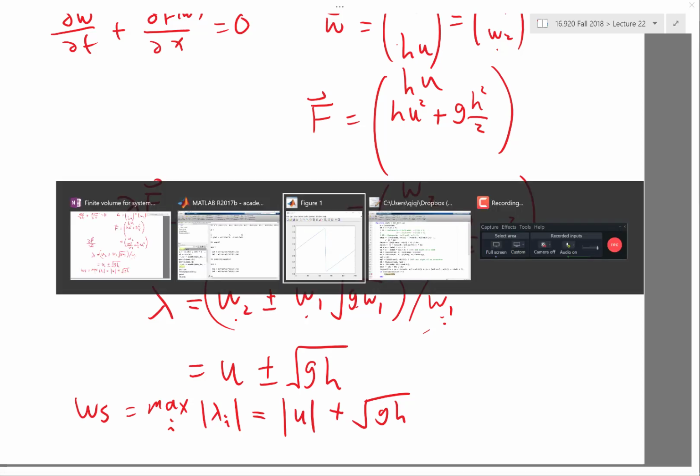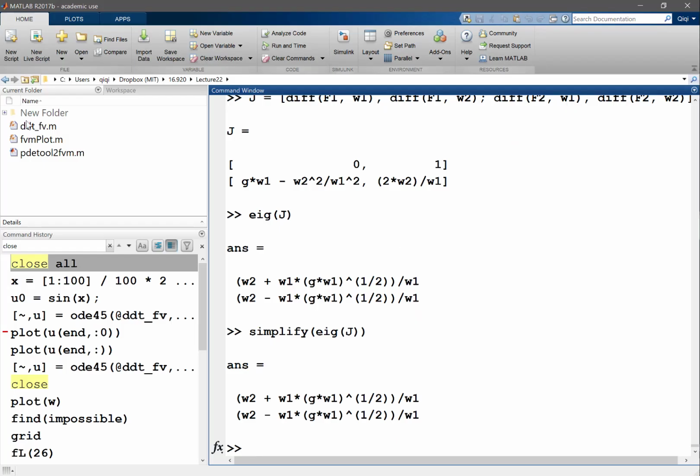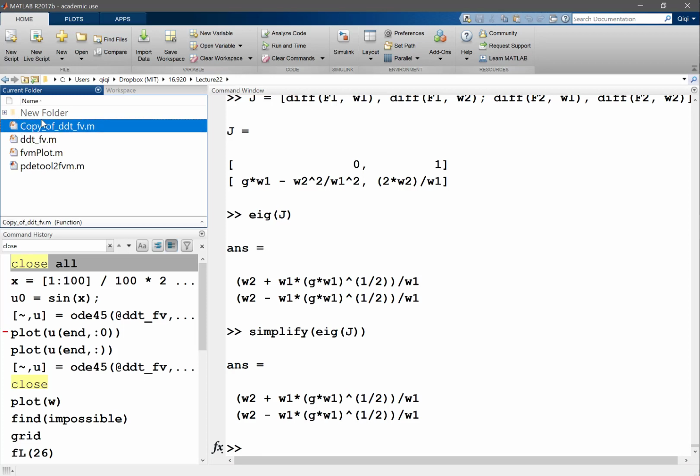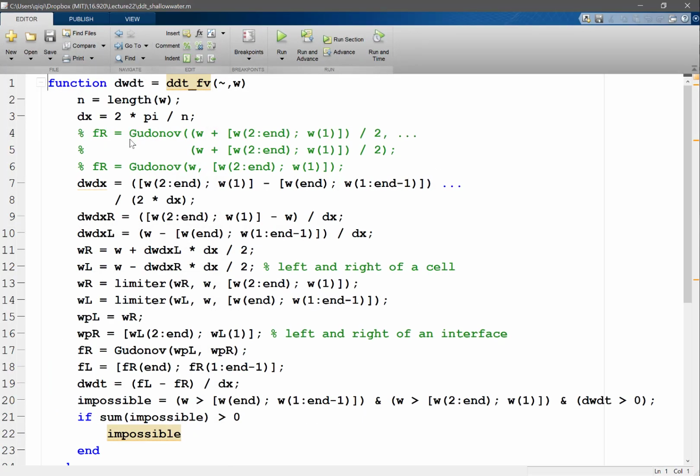So we can try to code it up from what we had before. So let's say we copy this DDT FV and just name it DDT shallow water. Okay. So my n is no longer equal to the length of W, because my solution actually contains two variables, my H and HU. So we have to divide by 2, right? Okay. And my dx,